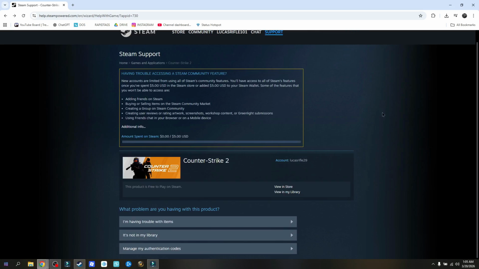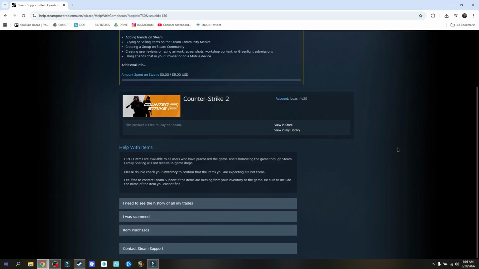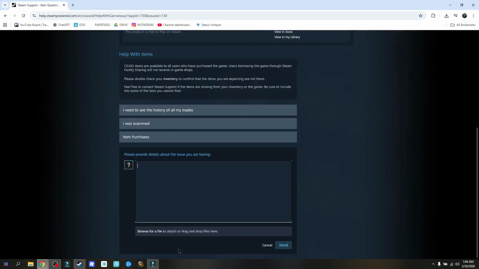In here, all I have to do is to choose on this option here that says I'm having trouble with items, and then scroll all the way down from the bottom, and this is where you can coordinate with one of the Steam support. Simply click this, and in here you just need to make sure that you